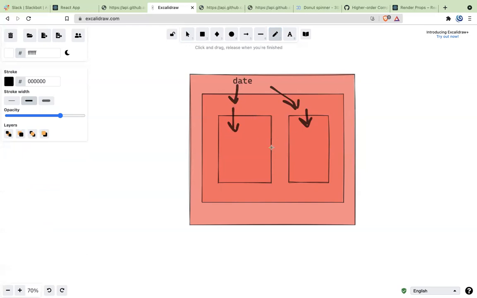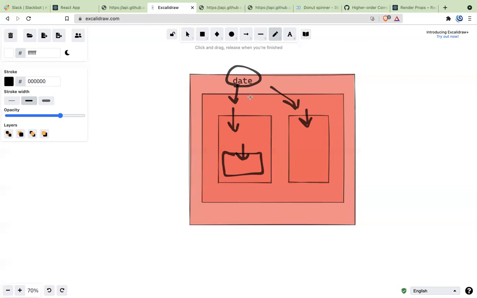Some of the time it becomes very complicated: your data is at the top, but the component down here needs your data, so you have to keep going down. This is called prop drilling. You keep sending props from one to another and everything, and this is what creates a lot of problems.